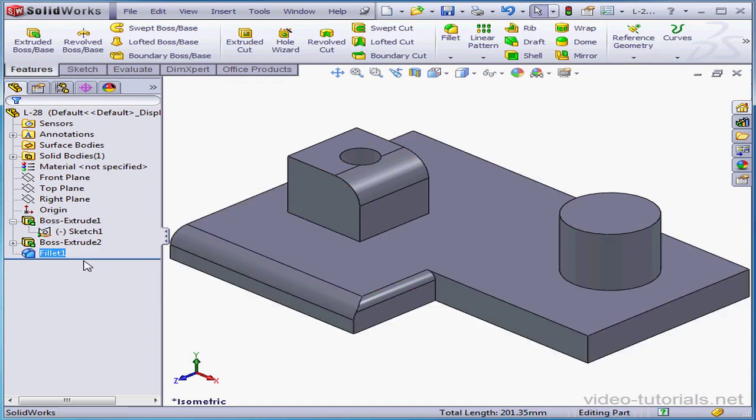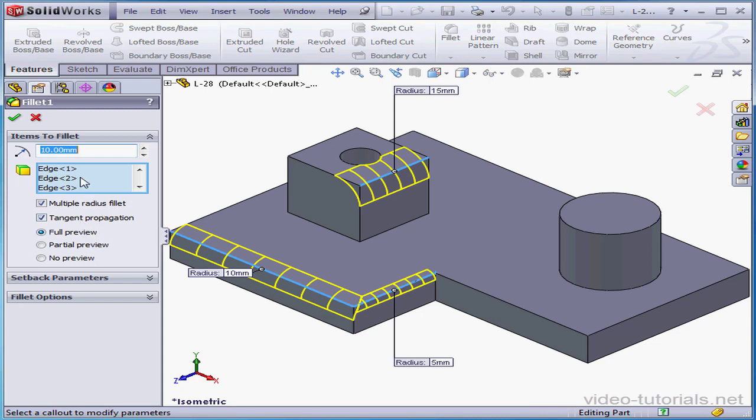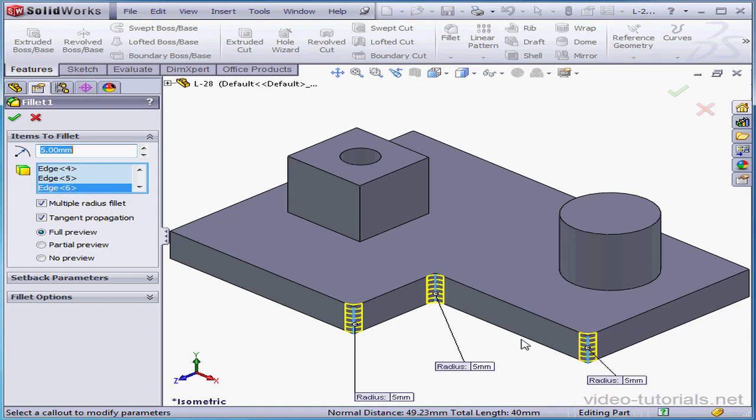Let's edit our fillet again. Right-click, Edit Feature. Let's right-click in the Edge selection box and choose Clear Selections. Now we're going to take a look at the Tangent Propagation option. I'm going to select these three corners here. Since multiple radius is checked, we can input radius values for each fillet separately, one at a time. Let's accept